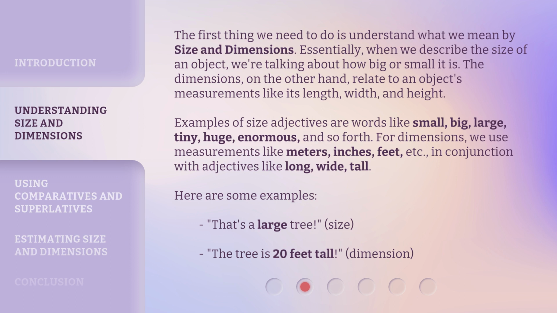For dimensions, we use measurements like meters, inches, feet, etc., in conjunction with adjectives like long, wide, tall. Here are some examples. That's a large tree. Size: the tree is 20 feet tall. Dimension: